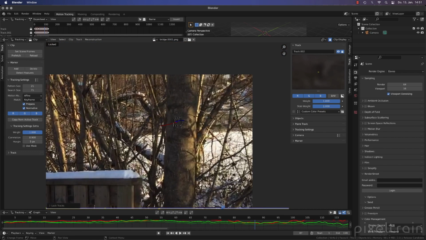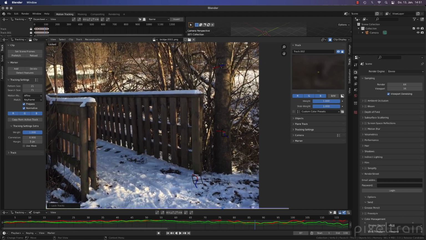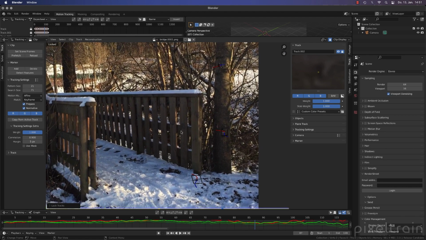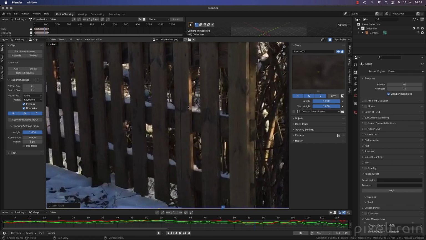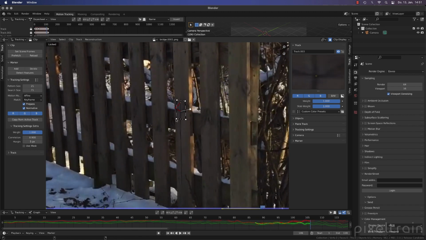Great. Let's take something here on this here. So you see, I try different heights. This is a cross that looks good, so we can use this point here. And we can change here the pattern a little bit. And track forward.